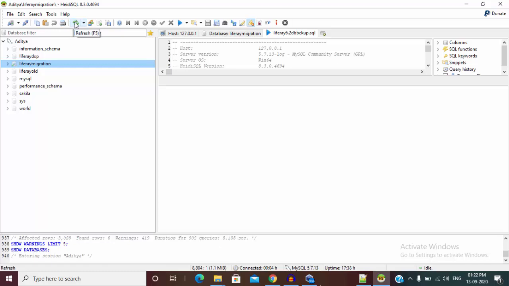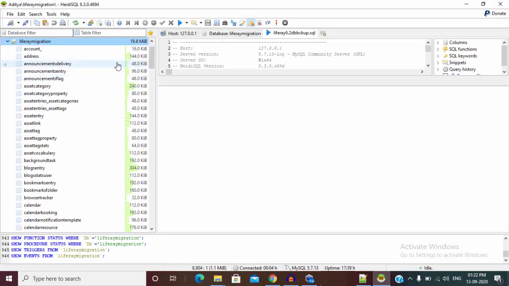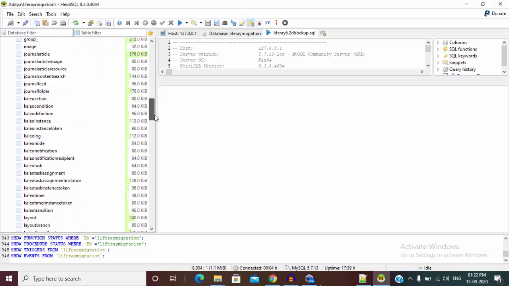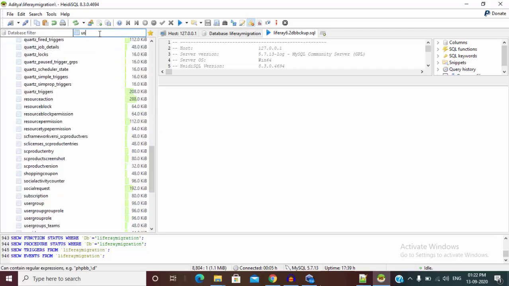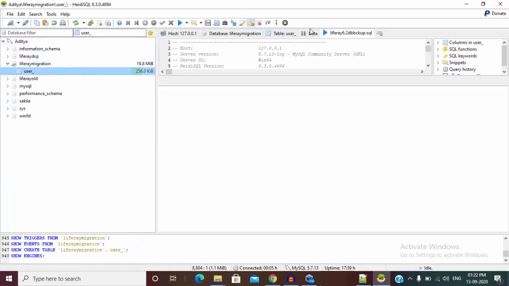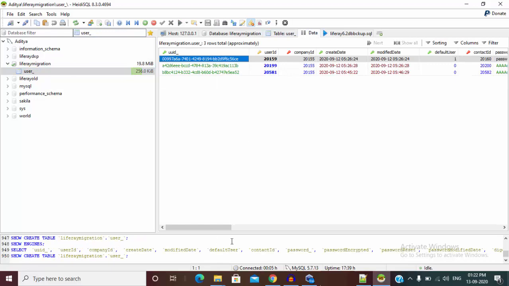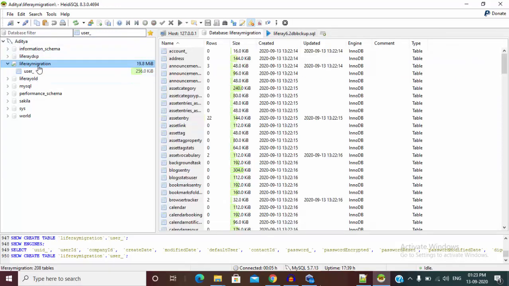Let me refresh. Now as you can see inside the Liferay migration, we have all the data. Let's check one of the tables. So data is successfully migrated inside this database.